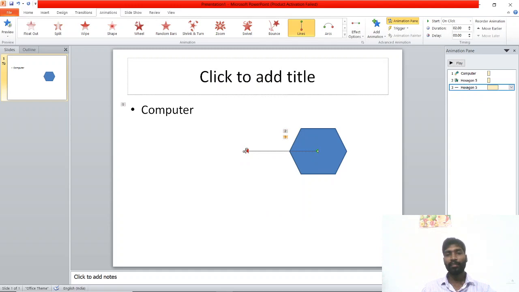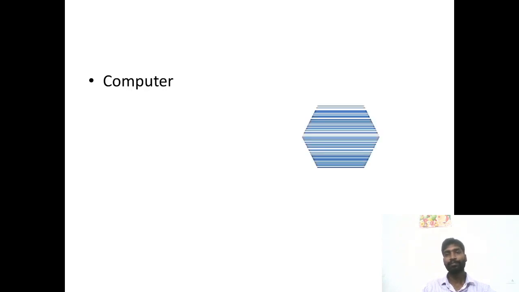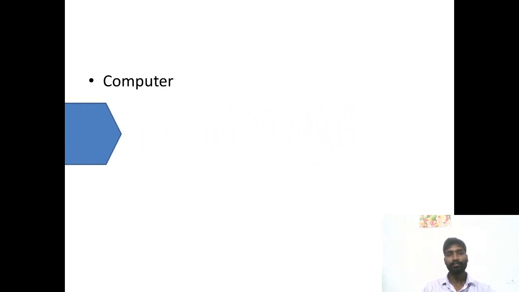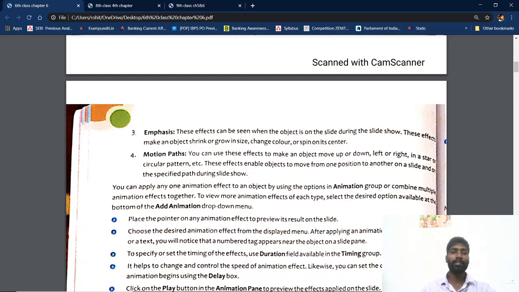Now just one click, line came. Just I am increasing the line. When I move my mouse cursor to this particular area, can you able to see the changes of my mouse cursor? Now I am leaving. So just slideshow. See what is happening. Now what animation effect we applied, it is happening again. So this is the animation effect.